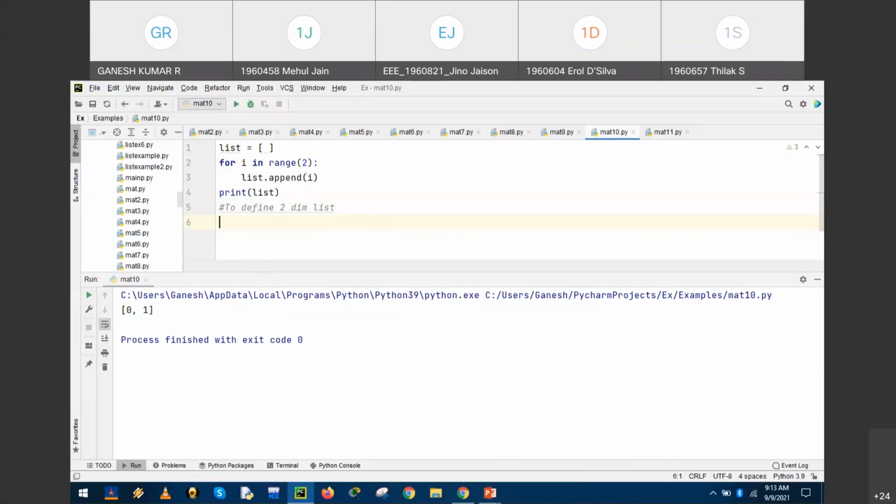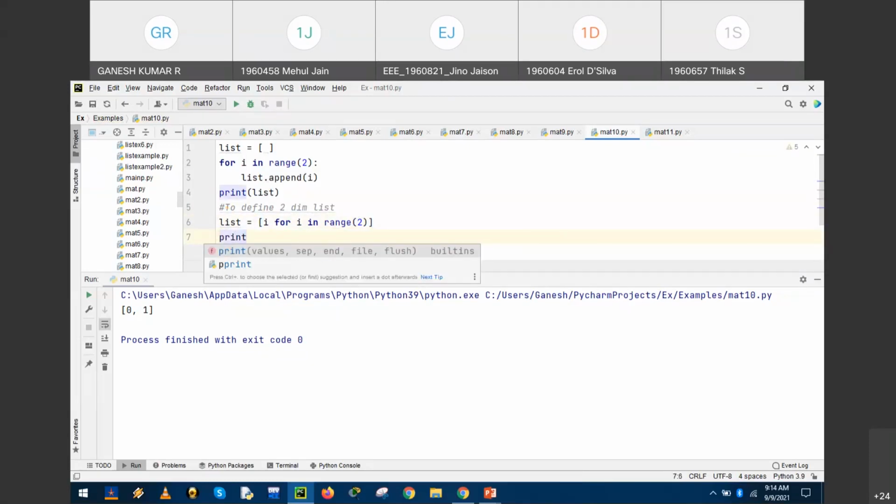So for example, a list is equal to, since it is a list, the members must be enclosed in between a pair of square brackets, i for i in range of the integer value, the range number. Print list.